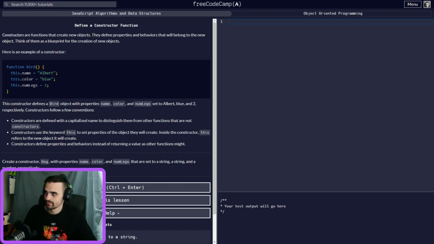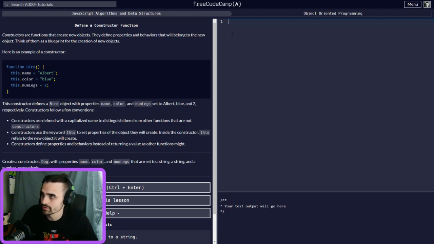So this.name, this.color, this.numLegs is basically saying that no matter what object we're creating, we are setting these values on it. Inside the constructor, this refers to the new object it will create. Constructors define properties and behaviors instead of returning values as other functions might.